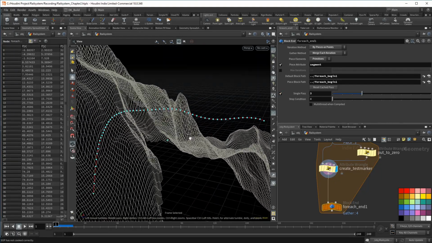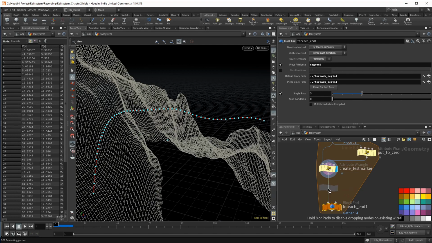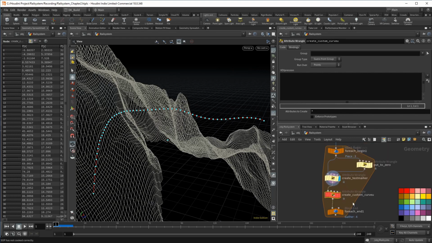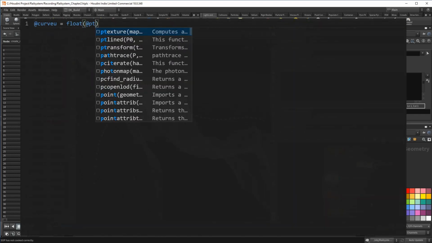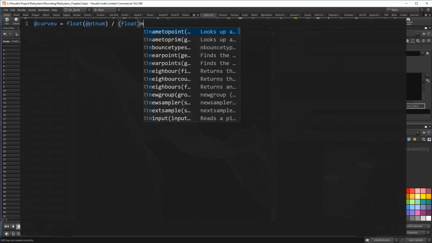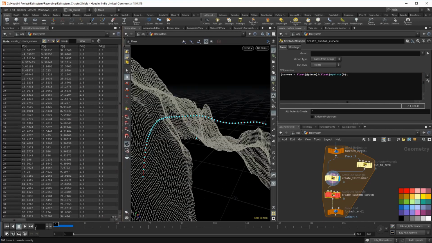Since we are dealing with curves, I decided to misuse the curveView attribute. Usually that's a point attribute holding the value 0 to 1, displaying the point's position on the curve. That will be my starting point as well. So we divide the current point number by the amount of points, using cast to float, so we have values with decimals. Take a look at the spreadsheet, and you will find the new attribute here.